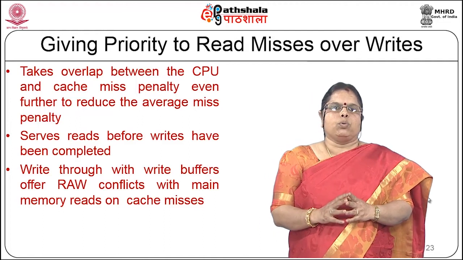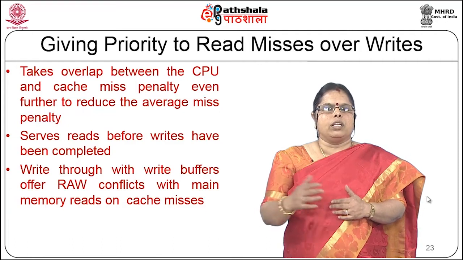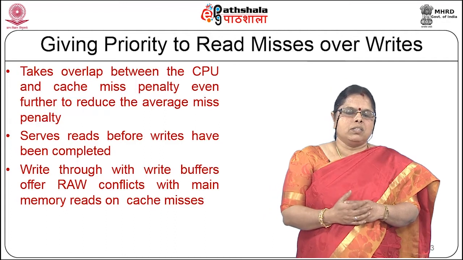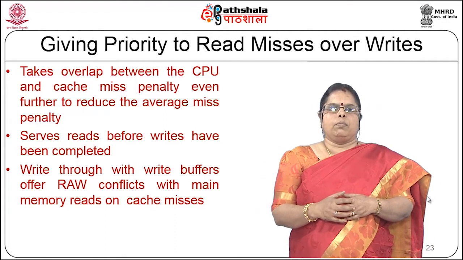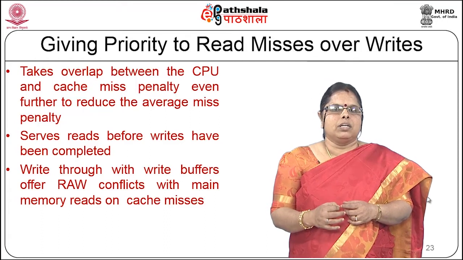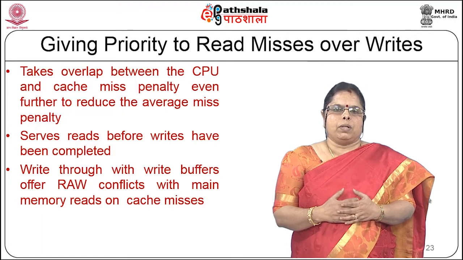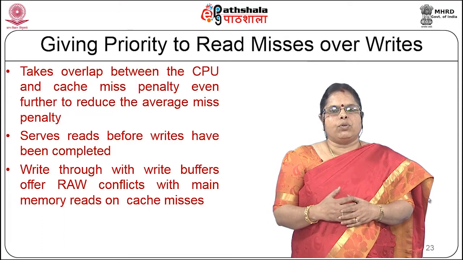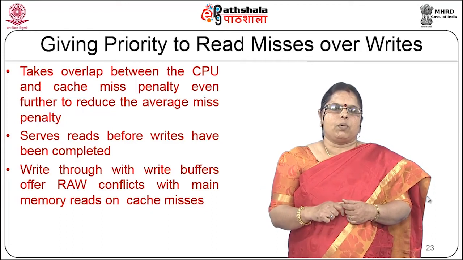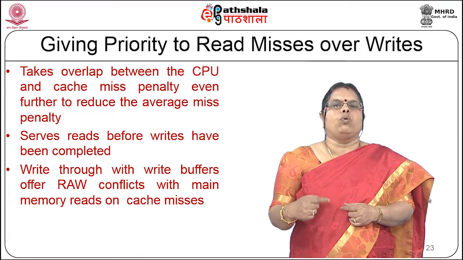Now, what we are trying to do is, I have a block to be read, I also have a block that has to be written into main memory, particularly when you are looking at write back caches, because you know that in the case of a write back cache, I am going to set the dirty bit, and if you find the dirty bit is set, this block has to be written into main memory before you do the replacement. Now, are you going to wait for the write to be over and only then replace the incoming block? So, that is a problem. So, now here what we do is, we give priority to read misses over the writes.